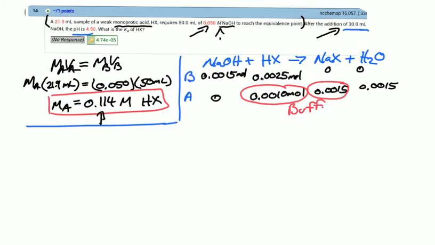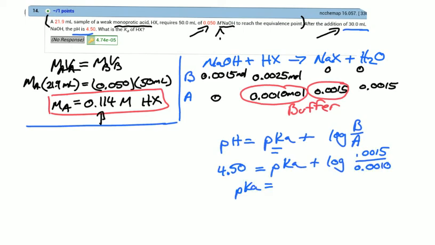How do we solve buffer problems? You guessed it, the Henderson-Hasselbalch equation. So pH equals pKa plus the log of the concentration of the base divided by the acid. And we'll plug in all the values. Now you'll notice we're going to be able to solve for that pKa, and that'll let us get to the Ka. When I plugged in all my values and solved for the pKa, I get